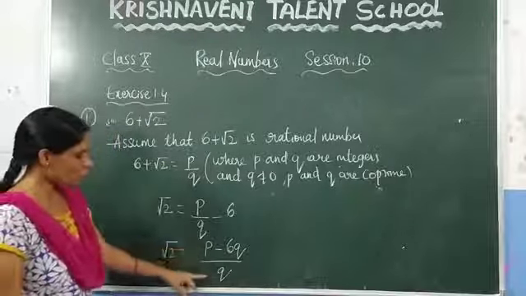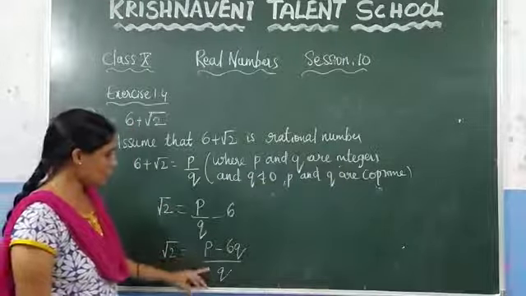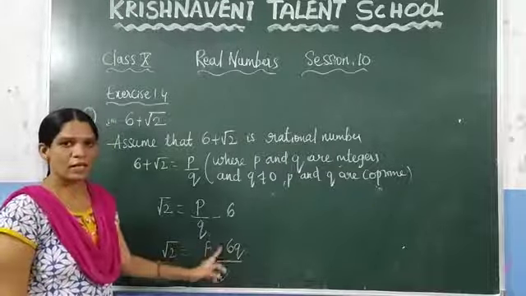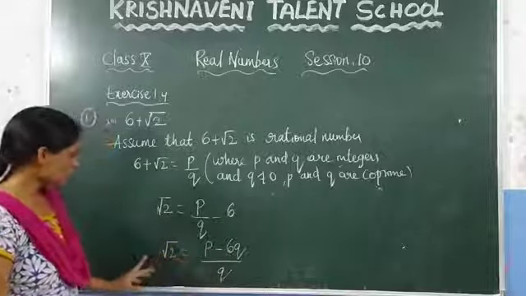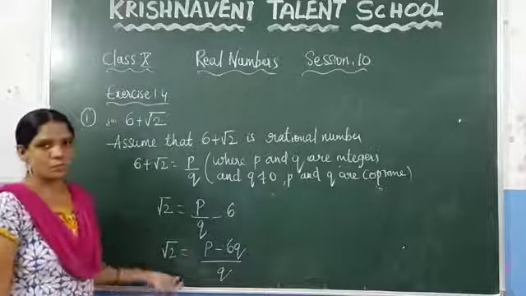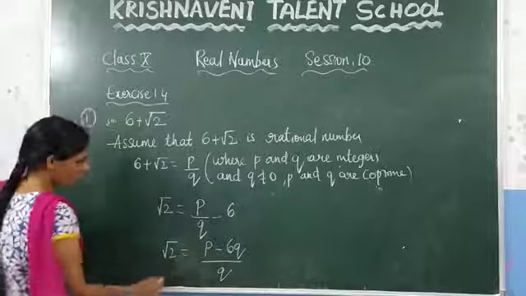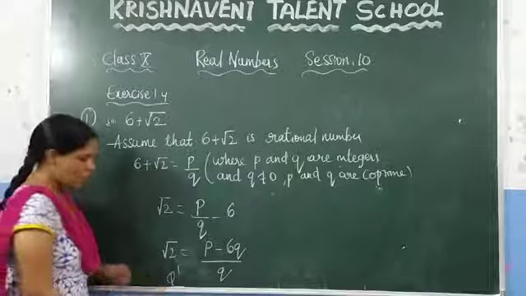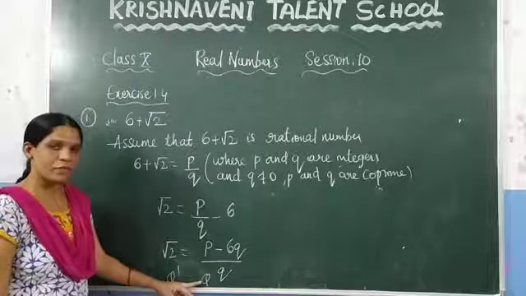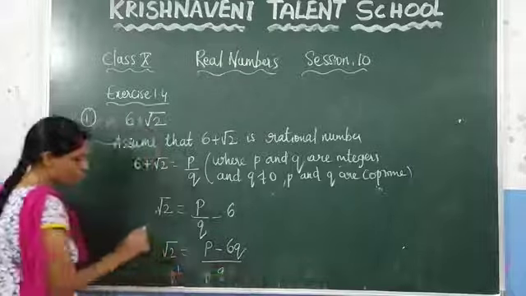You know that what are P and Q? P and Q are integers. And if you have written these integers in the form of a fraction, we know that this one is a rational number. And if it is a rational number, that means we can say that this root 2 is also a rational number. But you know that this root 2 is an irrational number. Can we equate an irrational number with a rational number? No. For this reason, we got this one as the false statement.